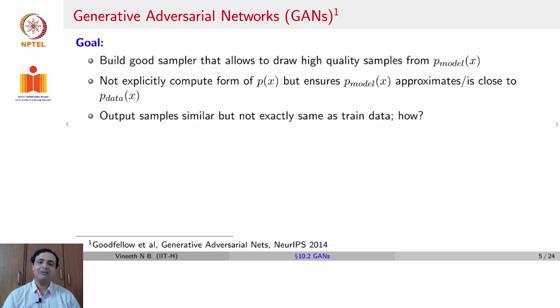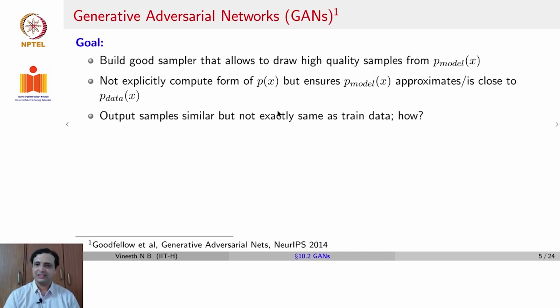With that recap, let's move on to the focus of this lecture, which is generative adversarial networks. These networks were developed in 2014 by Goodfellow et al. The goal of GANs is to build a good sampler that allows us to draw high quality samples from P model of X, where P model of X defines samples that are drawn from a model which is learned through this